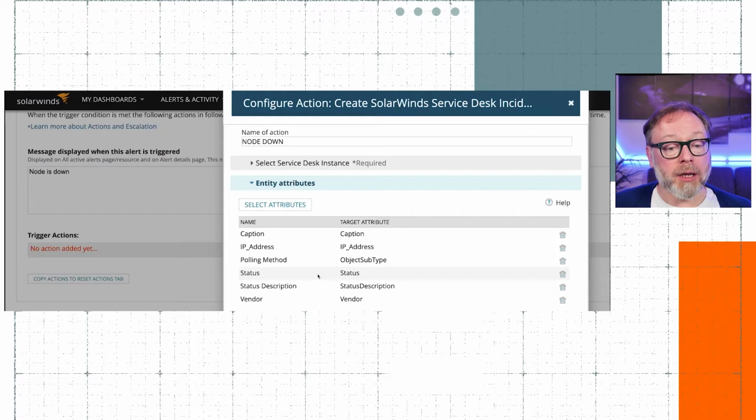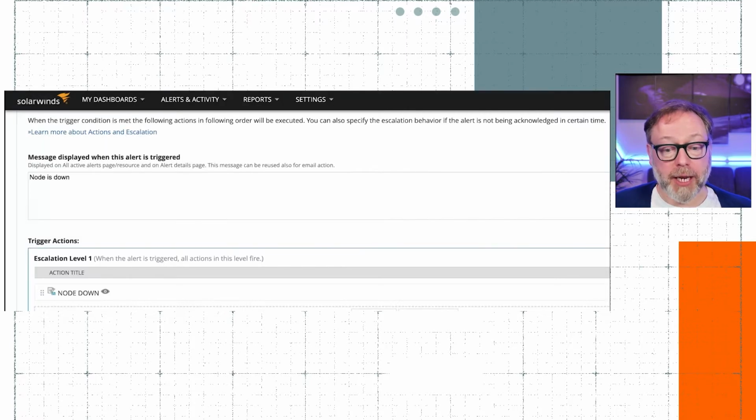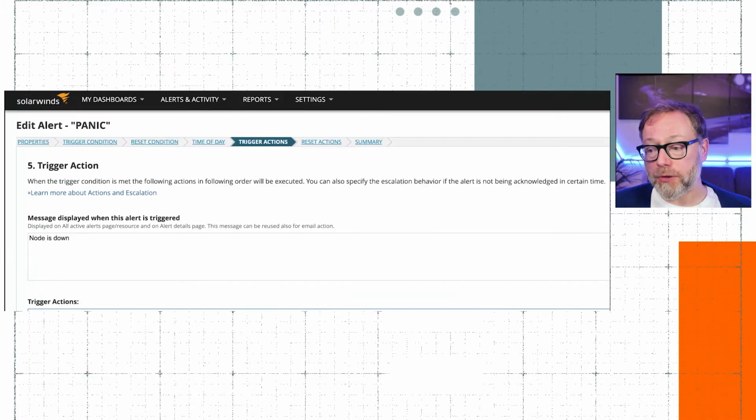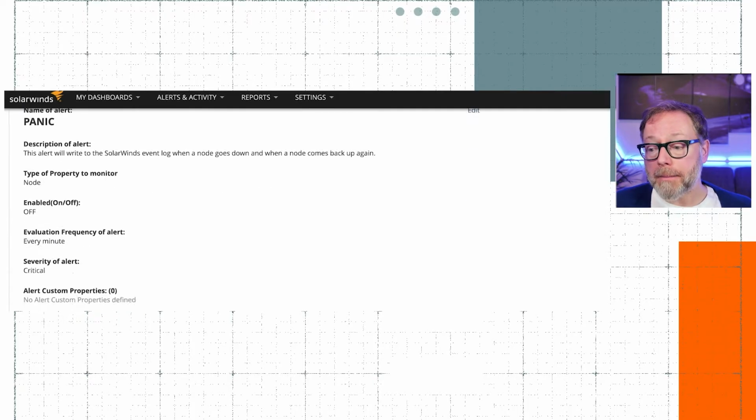It comes with some attributes, and we can always add more information here. So we can use the variables from inside hybrid cloud observability, or even if you're on an older Orion system, that is perfectly fine. You can add any data, whatever you prefer, whatever's important for the business. But I want to keep things really simple, and I just click Add Action. Okay, my alert is almost done. I need to confirm twice. Yeah, another email reset action. I'm ignoring this now. I submit.